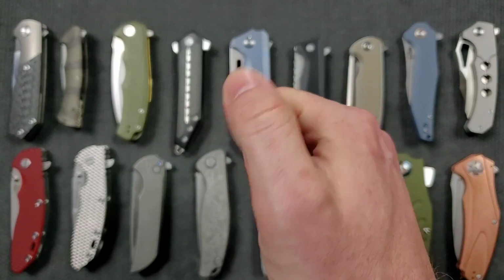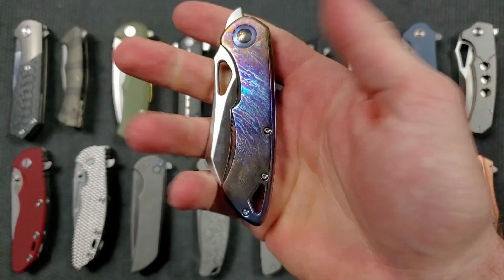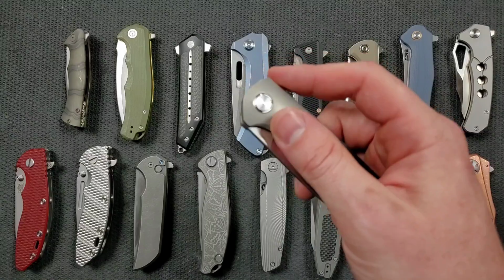Now, the longer you play with stuff like this, right? This is an Olamic Cutlery Whippersnapper. The last one was a Kershaw Dividend, by the way. The longer you play with stuff like this, the better you get. You'll adapt to it, right? And it's great. It's fun. Some people are going to like those more than flippers, but again, if you're like me, there's nothing quite like